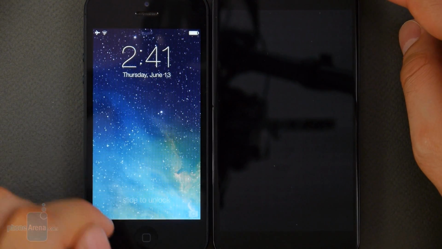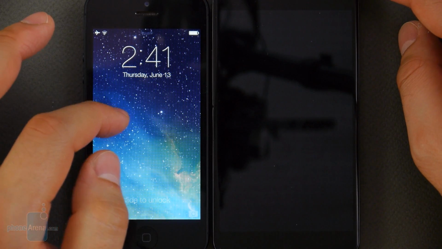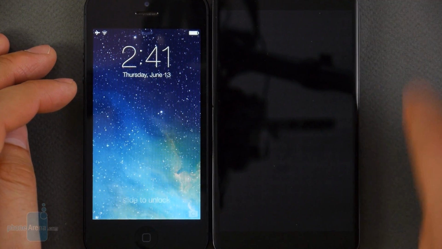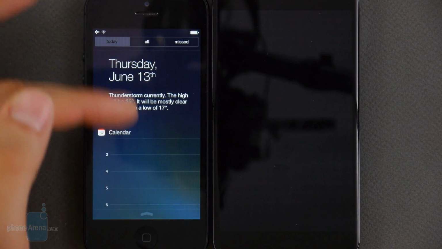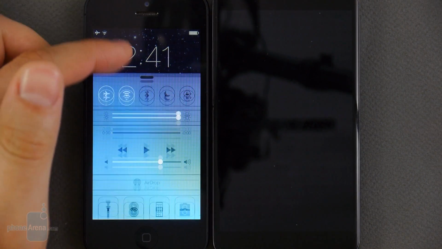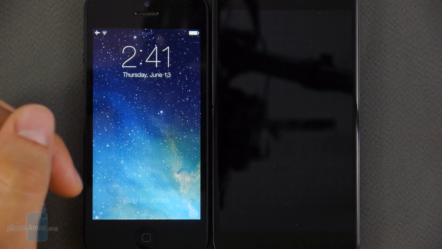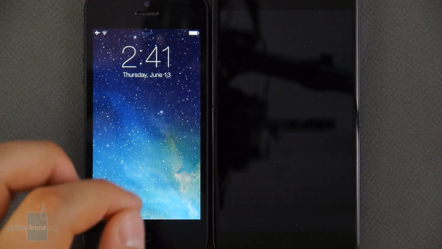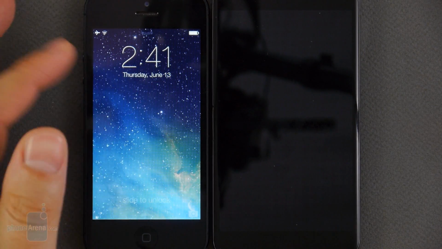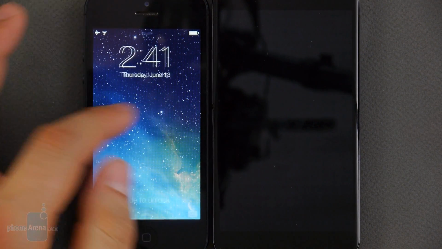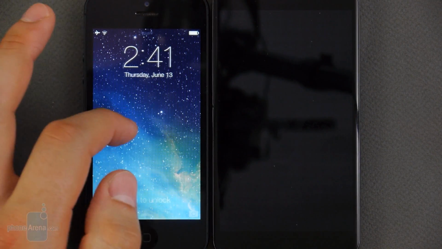So here it is, the new lock screen on the iOS 7 operating system. It doesn't really look that much different from what it looked like before. It provides quick access to the notification bar, to the control center with a swipe from the bottom, and the camera application, of course. It would have been nicer though if we were allowed to unlock the screen with a swipe to either side. Right now, the only way to unlock the lock screen is with a swipe to the